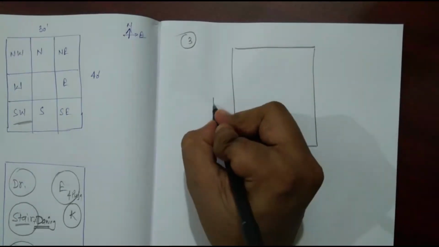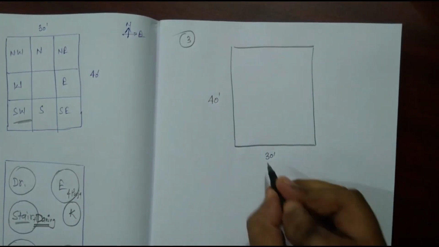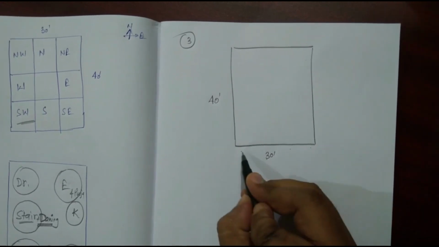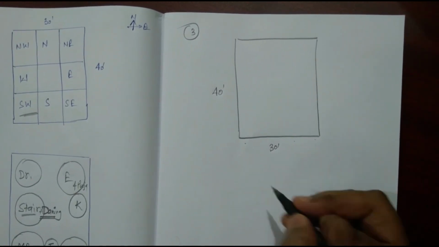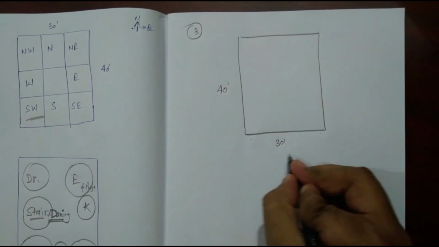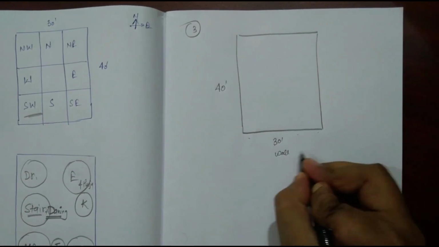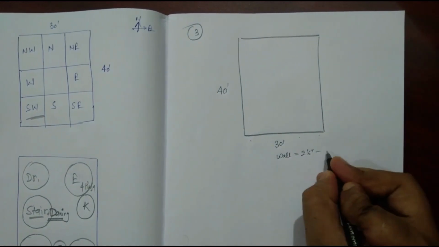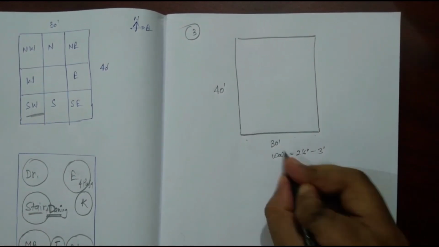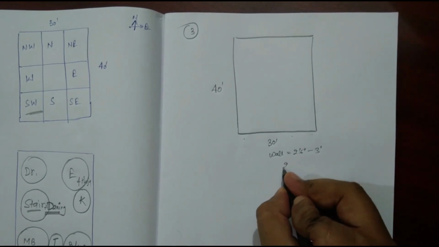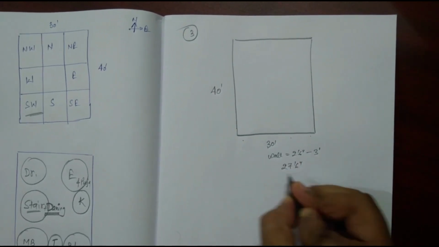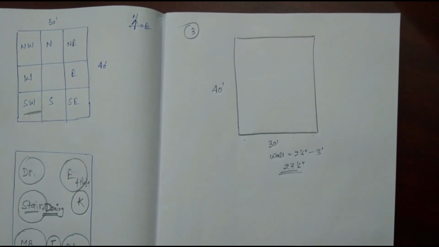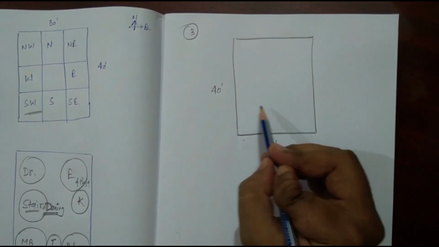So roughly, if you want to deduct the wall sizes and utilize the remaining space, this is 30 feet and this is 40 feet, we can just deduct some portion, that is 2 feet 6 inches to 3 feet, for the clear or internal space available for the room. We'll deduct this 2 feet 6 inches to 3 feet from both sides for the walls. For accuracy we can go further, but for starting the planning we can use this. So 30 feet minus 2 feet 6 inches is equal to 27 feet 6 inches. This 27 feet 6 inches we will utilize for the rooms.